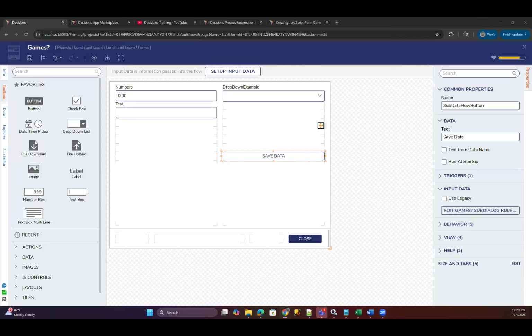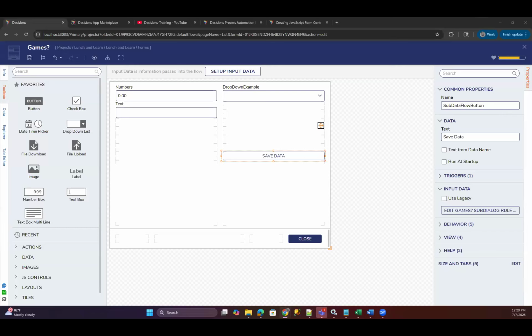So I don't know if I did it right, but I made an edit flow ID and I made a flow that saves the data from the form by passing in all the inputs that I need, the amount, in your case the numbers, the text, and the dropdown example. I was passing those in, mapping them to the form as flow inputs.